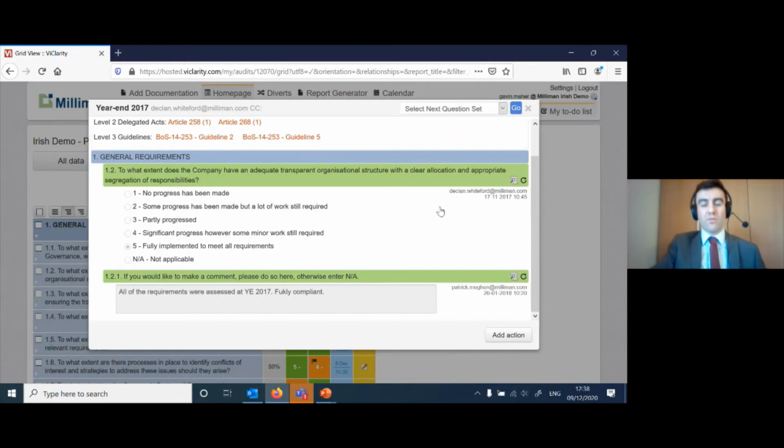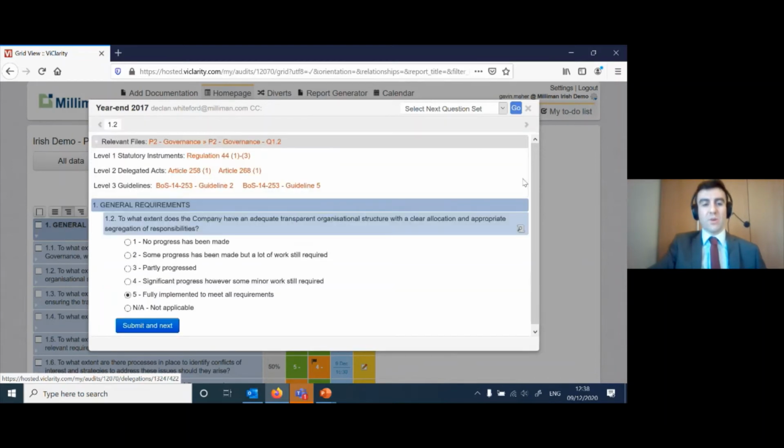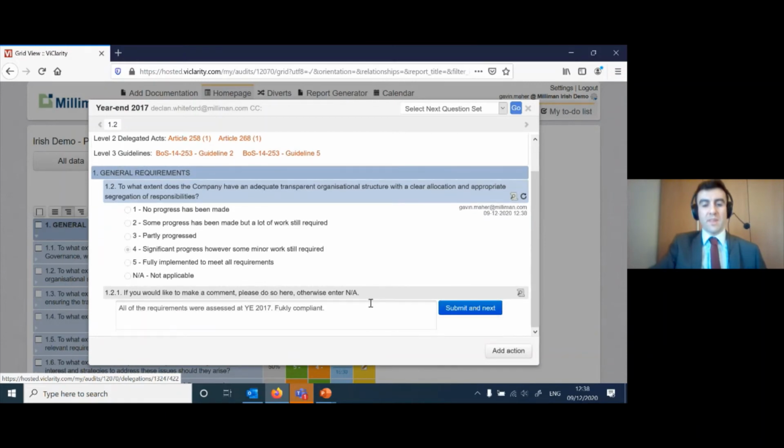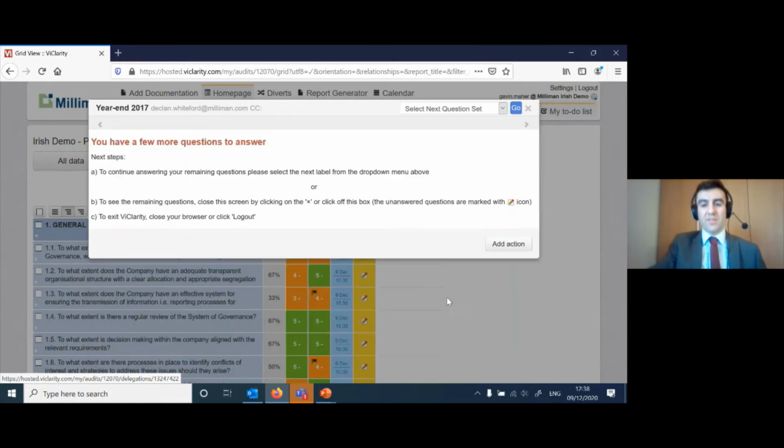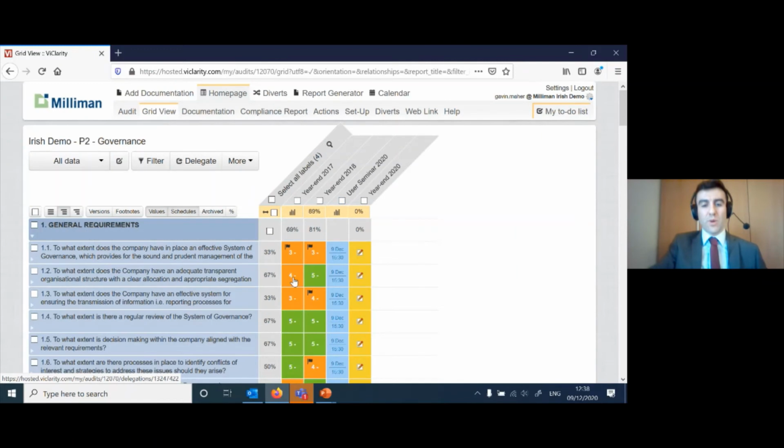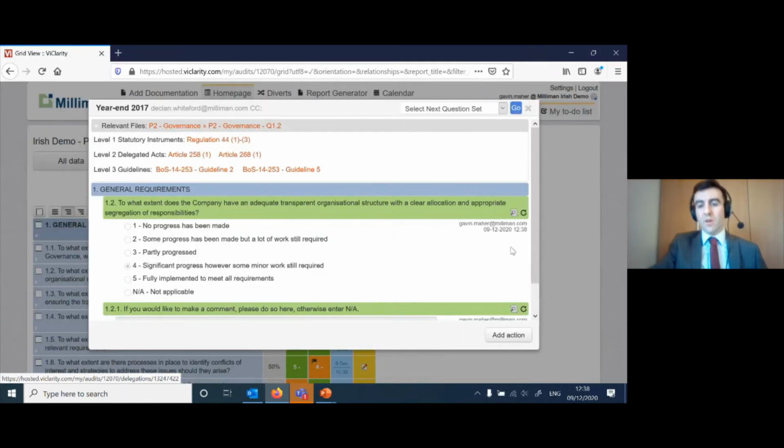As a manager, or even the users that also have sight of this question, you can reset the questions. Say you've reevaluated this and you want to change your score from a 5 to a 4, you can do so here and then submit your answer. And then when we go back into that question, beside that last button with the arrow, which I used to reset, if you hover over it, it says reset question.